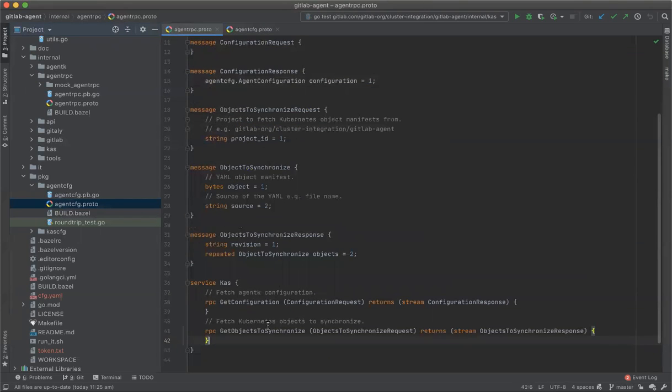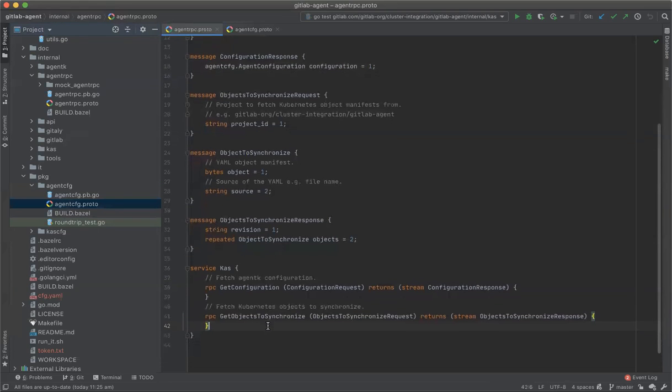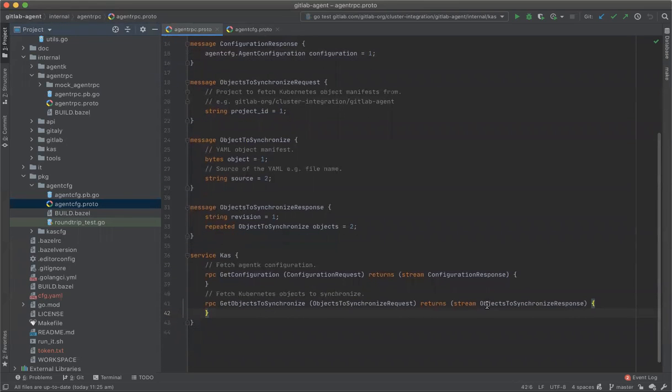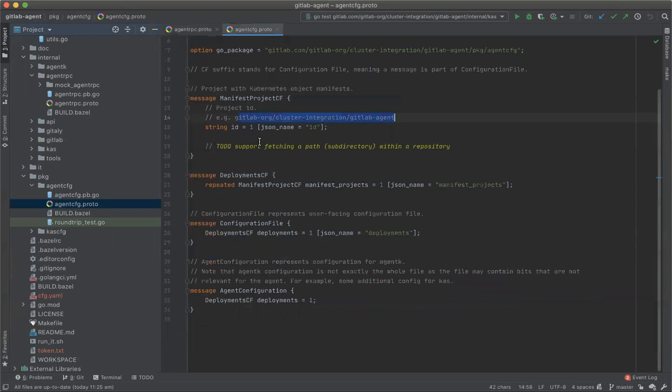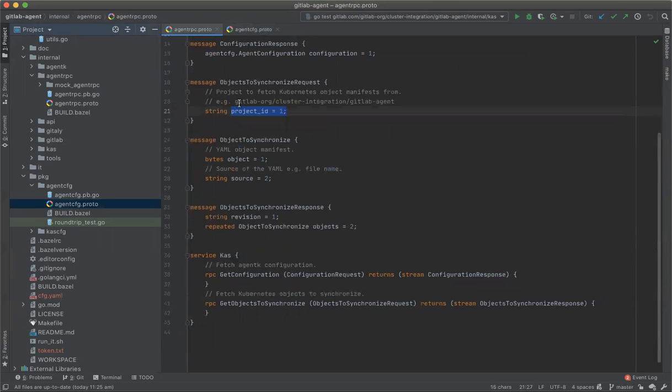So for each repository, it starts a separate Go routine, and that Go routine is responsible for fetching the objects and synchronizing them with the cluster where agent K is running. So as you can see, this is the request, which is just the project ID. It takes it from configuration from here, and it sends it to CAS, and then CAS responds with the stream of objects to synchronize, which is the commit ID, and again, an array of objects, and each object is